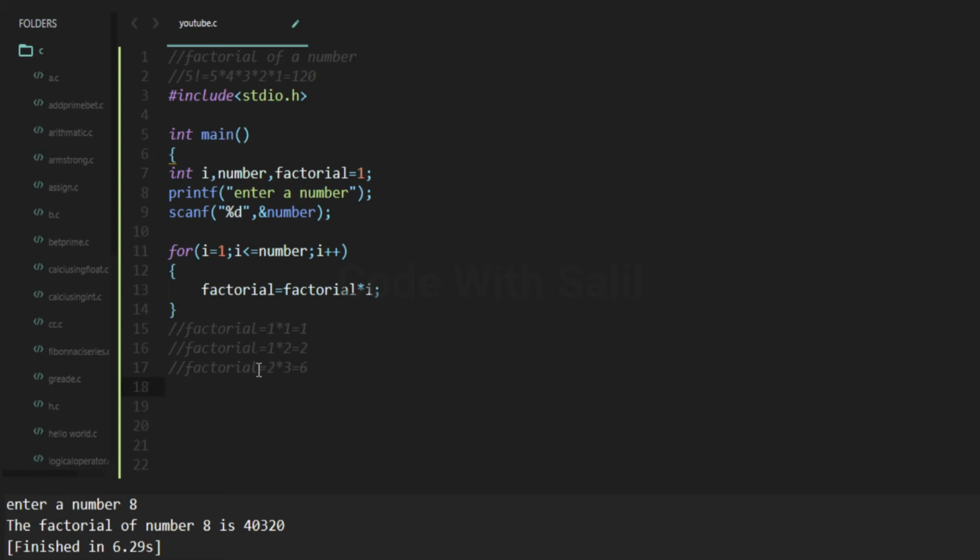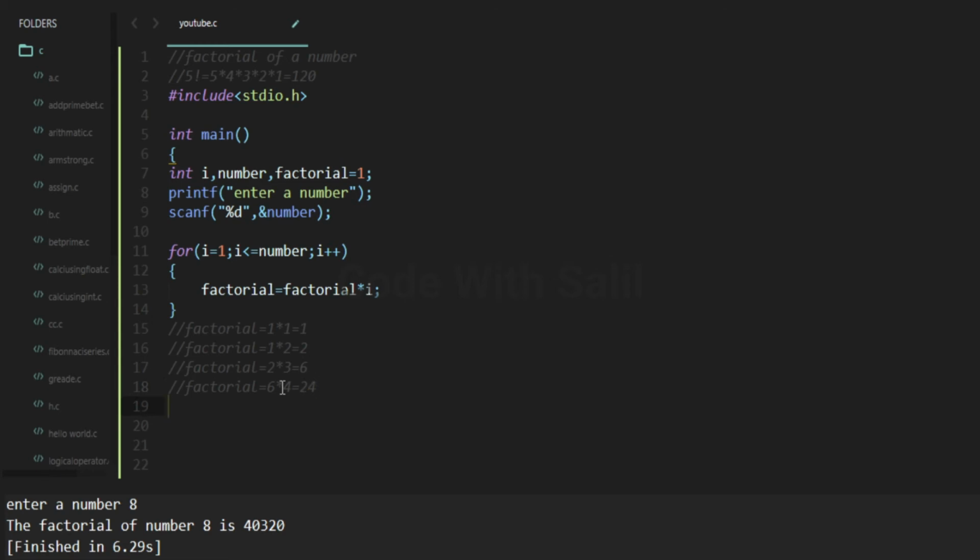After that, again the value of i will be incremented to 4. It will check the condition: 4 is less than or equal to 5, yes. So the block will execute. The value of factorial is 6, into the incremented value of i, which is 4, so 6 into 4 is 24.